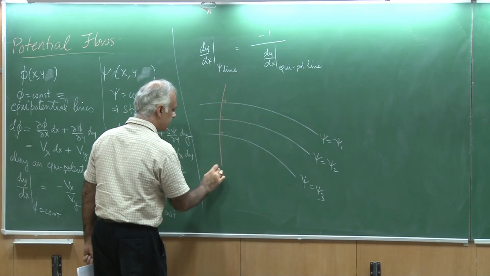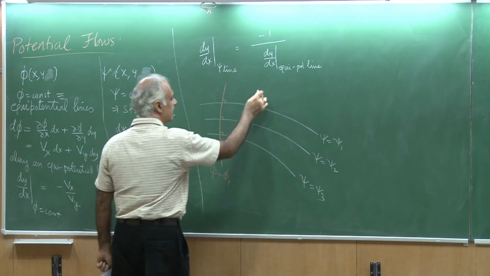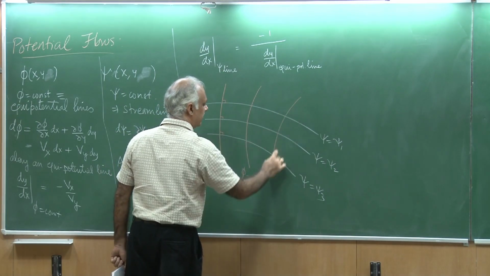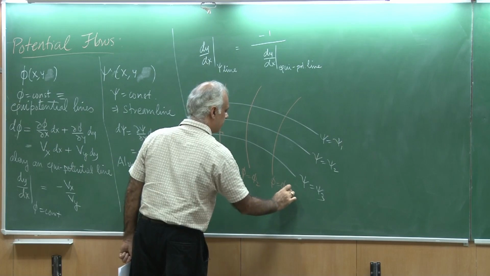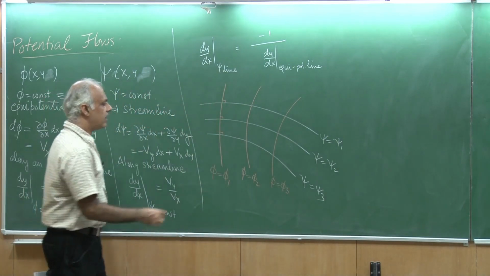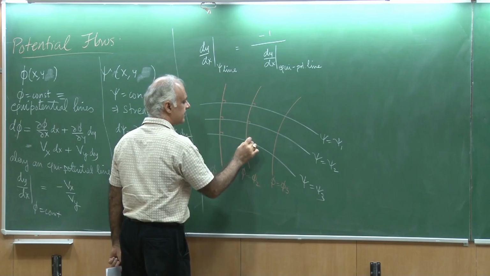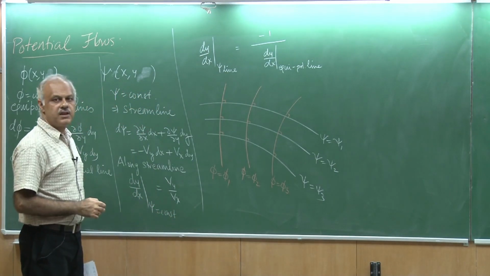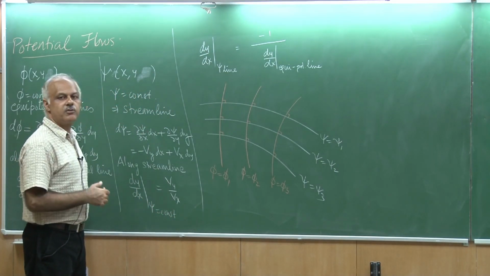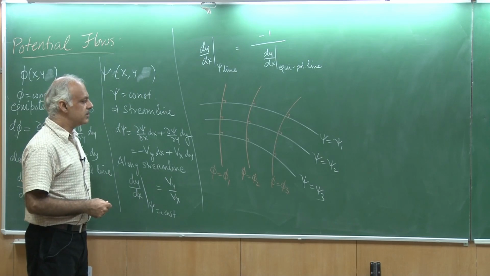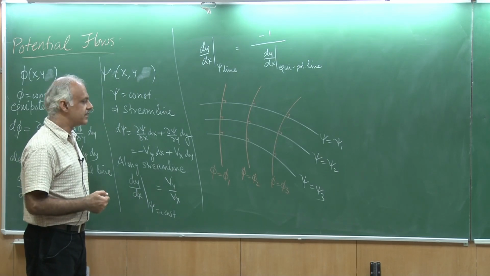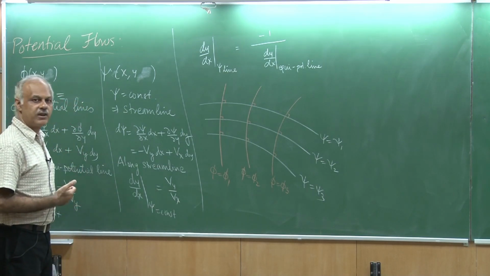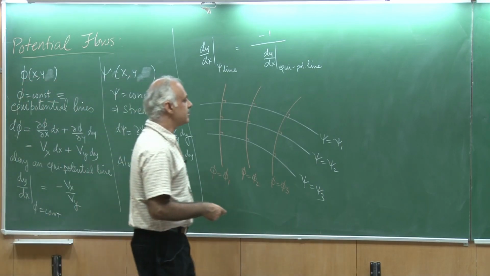So, suppose I draw this as phi equal to phi 1, and likewise I could draw phi equal to phi 2 and possibly phi equal to phi 3. So, all these angles at the intersections are right angles. So, in principle, if I gave you a set of streamlines, then simply from geometry it should be possible for you to construct the equipotential lines, and vice versa. If I give you equipotential lines, you should be able to construct the streamlines. So, they are really synonymous. Okay. Solving for one of them is good enough.